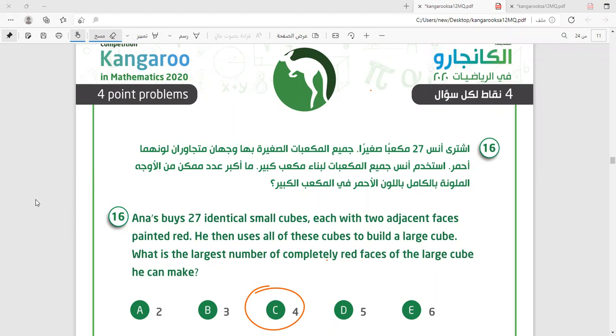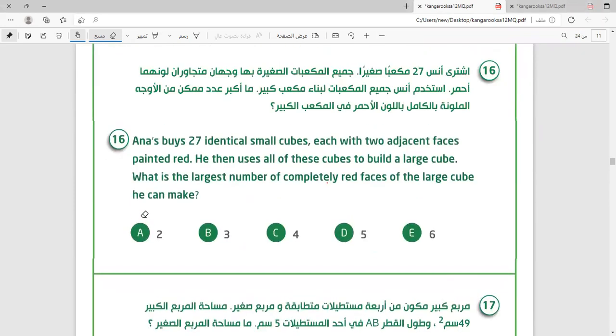So today we'll answer Kangaroo's questions in mathematics 2020. We'll start from question 16 until 21 for this video, then we'll continue in the next video. So for 16,